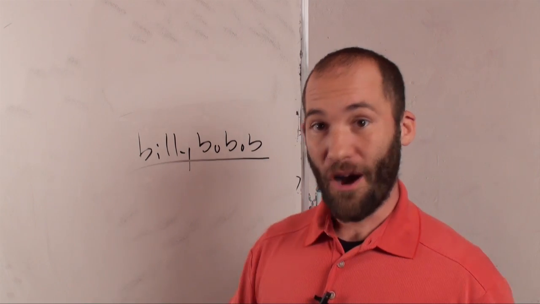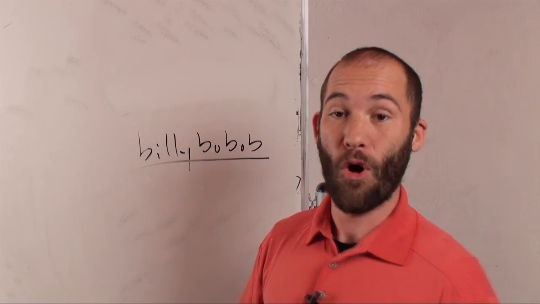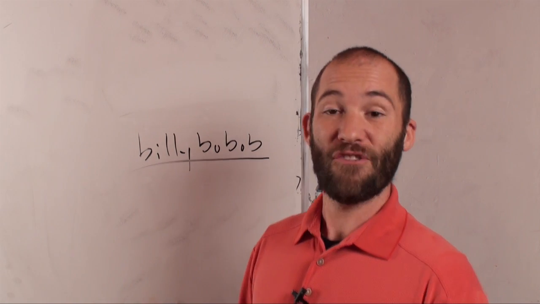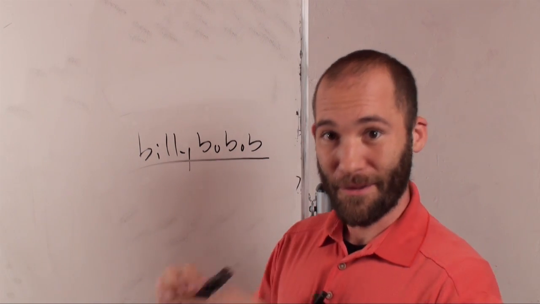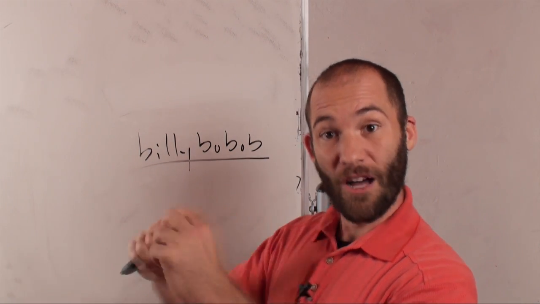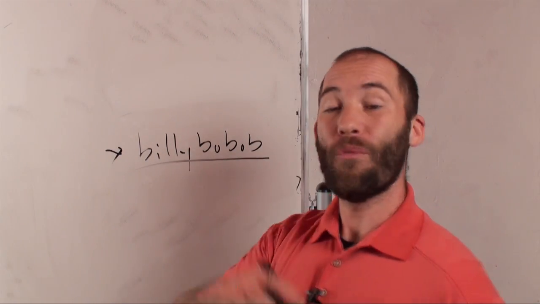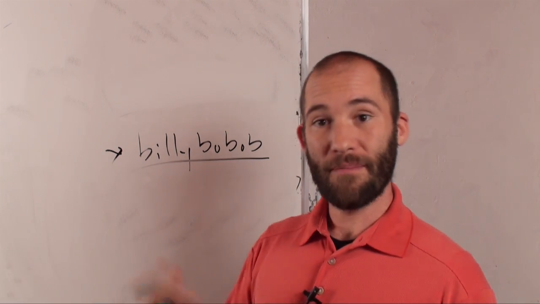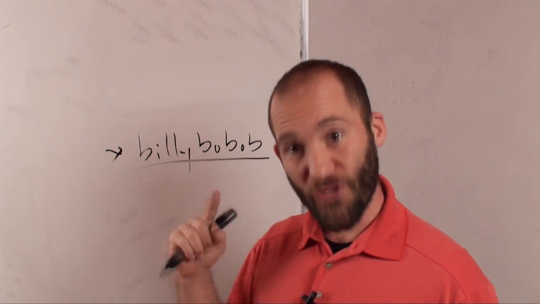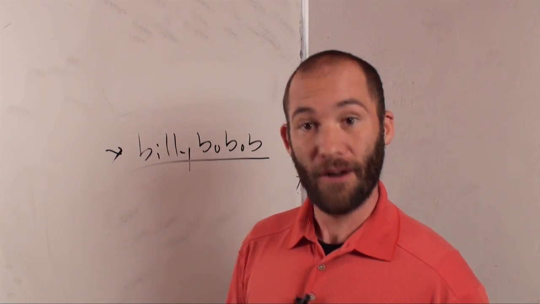Now, hackers are not just going to think off the top of their head that I'm going to have an administrator user account called Billy Bo Bob. So what they're going to be doing is sitting there plugging in the username administrator and then trying to figure out what password you might have put in. So maybe it's a phone number, maybe it's the address, maybe it's a date of birth. But they're going to be trying to log in as the administrator. Well, you rename the administrator to Billy Bo Bob, so no matter what password they plug in for the administrator account, they will never be able to log in because the username is now Billy Bo Bob and they don't realize it.